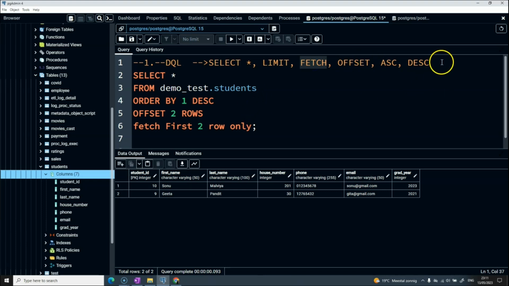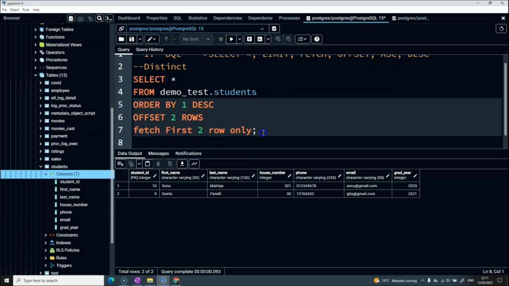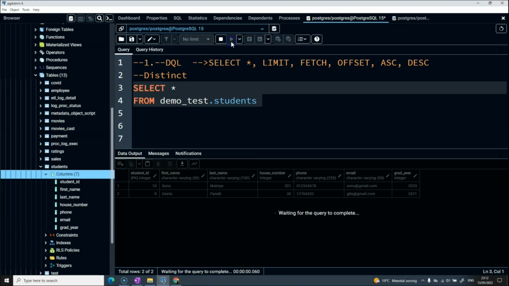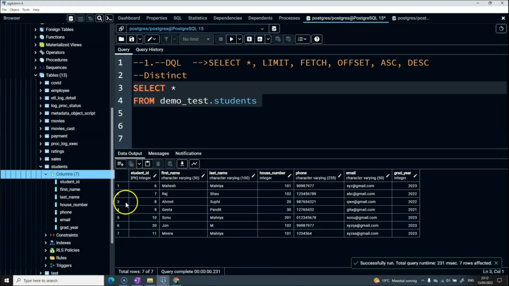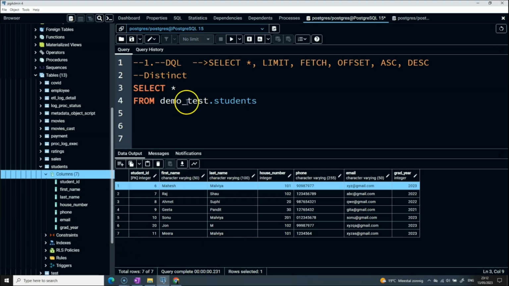Now there are other options also available in select. This is the distinct. So what is our requirement? If we have a select query, select star from a particular table, and there are duplicates, but I don't want duplicates in the complete row. If I am saying star, it means the complete row, and I want distinct records. If I run this, maybe right now there are no duplicates. If I insert this complete row one more time, select star is showing 7 records. If I want to do distinct, then